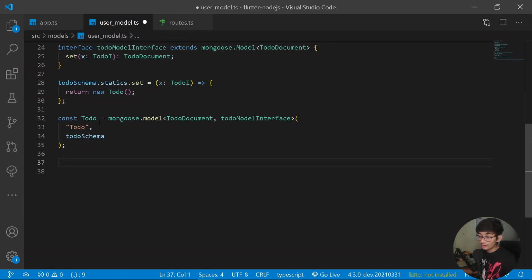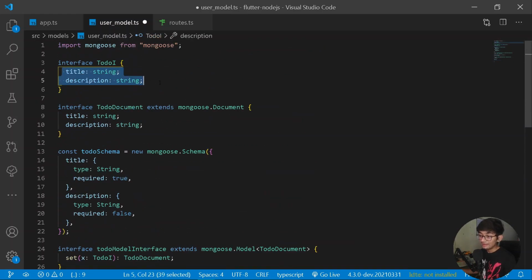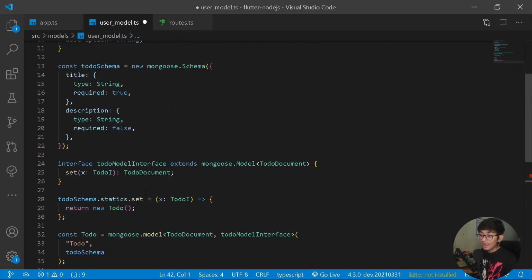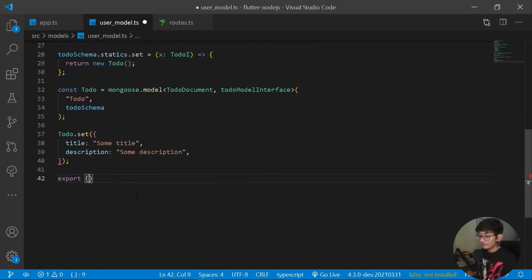And once we have created our to-do object which defines our entire model, we can add a new property of to-do.set to set some default properties in our database. If the following properties are empty, that is, if title and description are empty when sent by the user, we should be adding some default values. So for that purpose, let's add a title, and under title it should say some title. After that, let's add a new description. Under this we should be adding some description, and once we have added the entire method, let's export the following data. So here let's export our to-do.